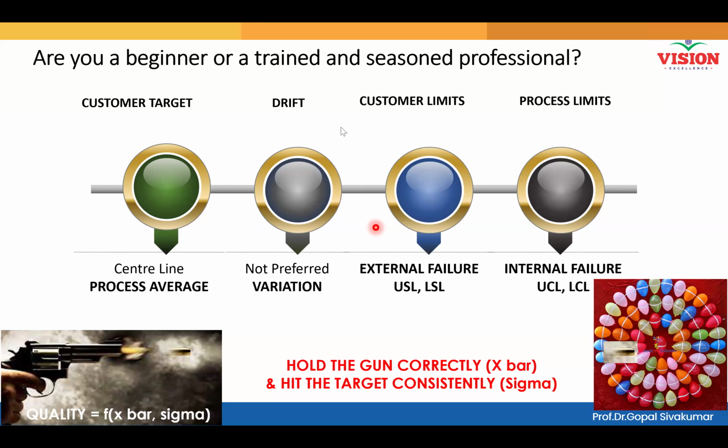Yes, it is shifted, but is it left shifted or right shifted? That you need to look at your data and then look at your average and understand. If your average is below the target, the process is shifted left. If your average is above the target, the process is shifted right. Okay. Clear? Okay, so let me continue with the same thing.